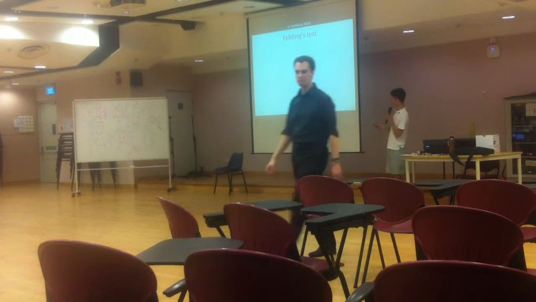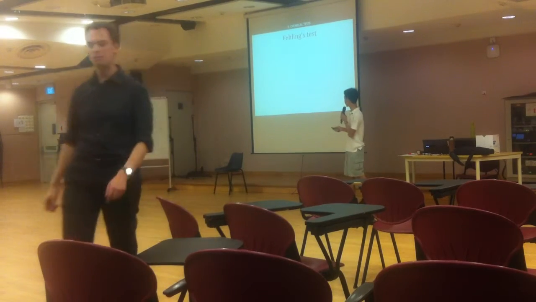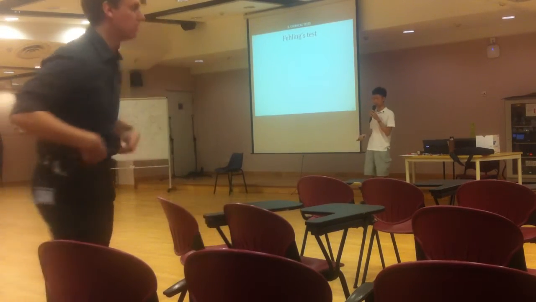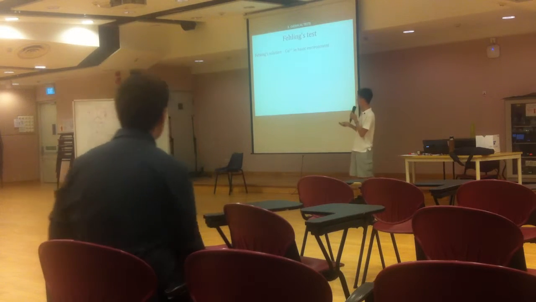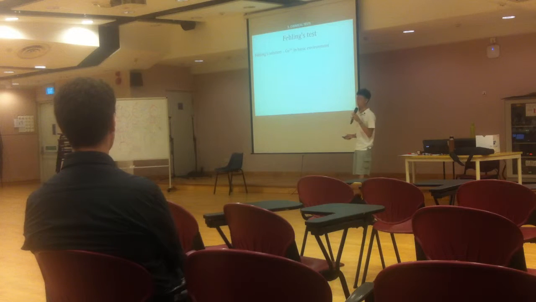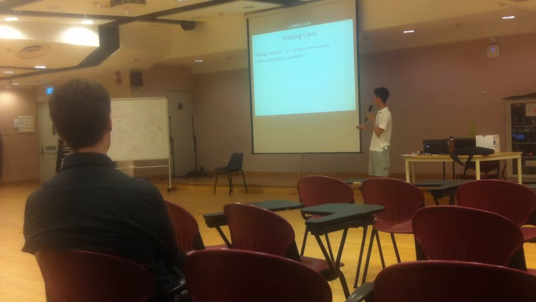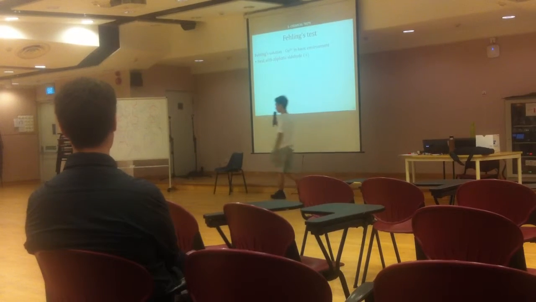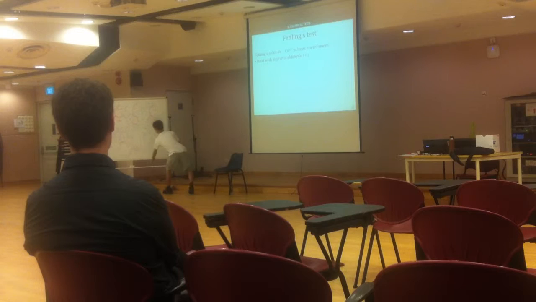Okay, so this part is basically I'm going to go through distinguishing tests now. The first one is Fehling's test, which uses a solution of copper 2 plus in basic environment with some other organic compounds. If you heat it with an aliphatic aldehyde, that means a straight chain aldehyde with no benzene ring, you get a Cu2O precipitate.